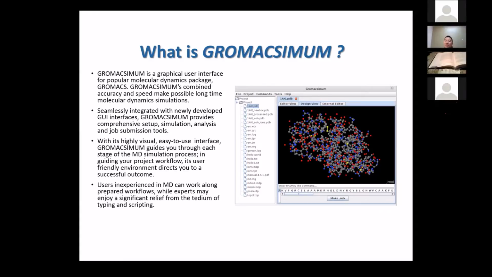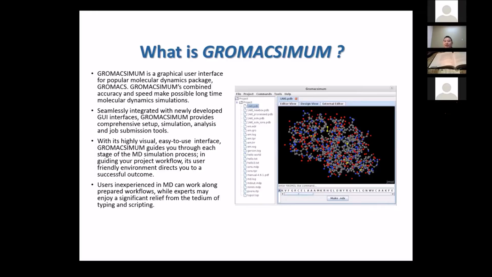The main frame of the tool looks something like this. As you can see here on the left-hand side, we have a project management panel, where all your source files, input files and output files are shown. Obviously, you can create different projects based on the system you're working on. On the top, we have a few menu selections for file transfer, project management, command management, simulation setups and help. On the right-hand side,